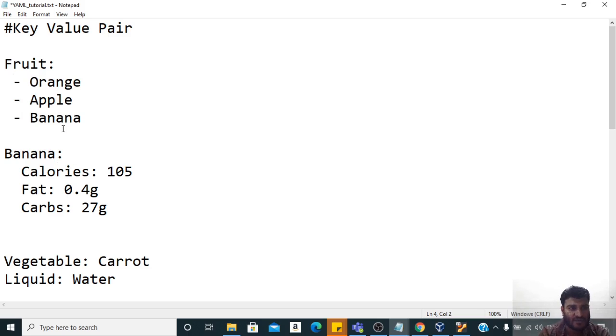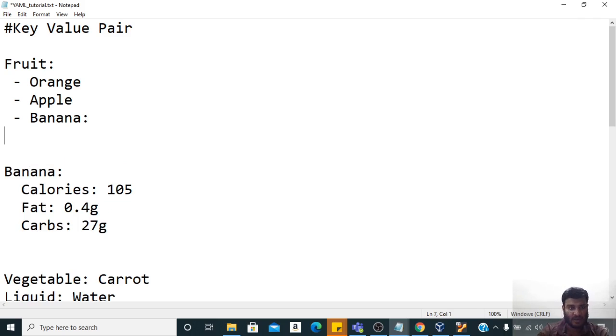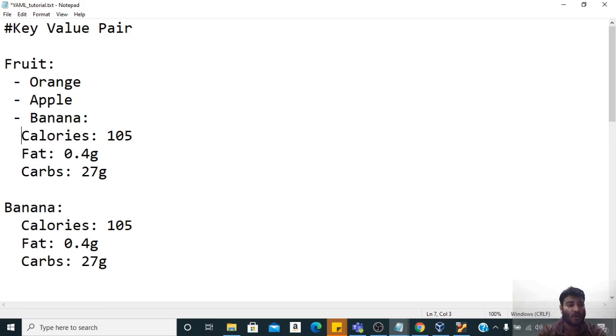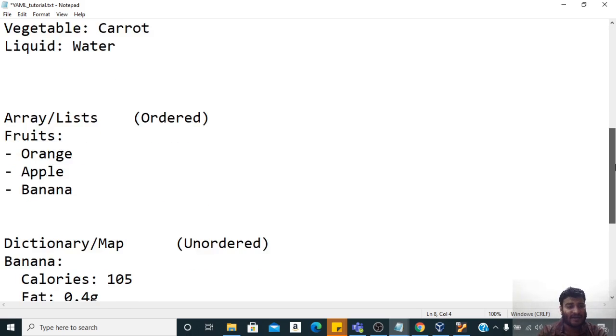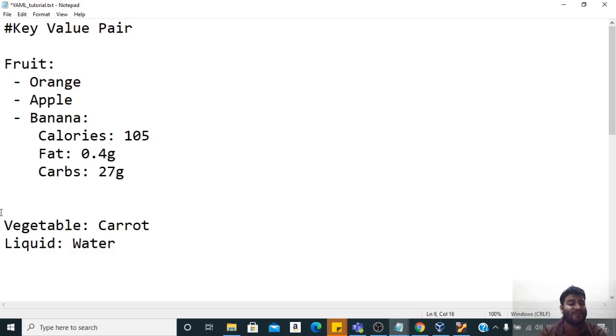Then if you see banana, we can say this particular item banana has three properties. Now, what is mapping, and what exactly is a dictionary? It is the properties. So these are not items now. Every fruit will have its own calorie figures, its fats, and its carbs. Again, every banana will have calories, fats, and carbs, but these will have specific values,